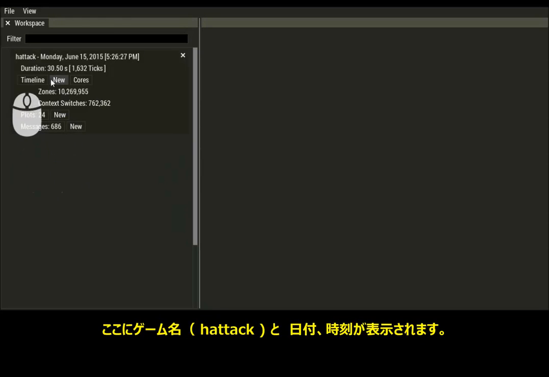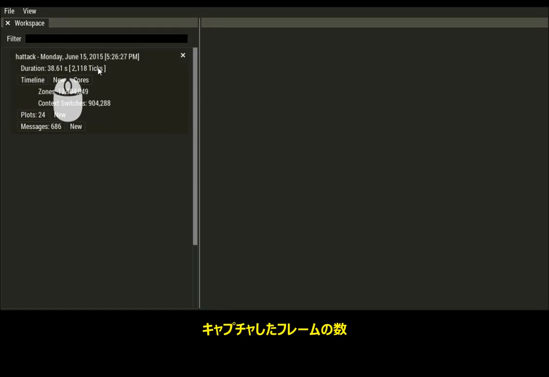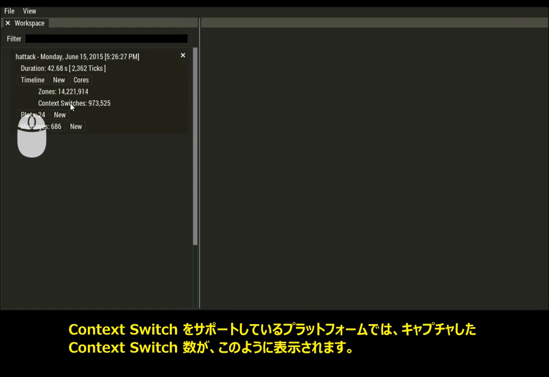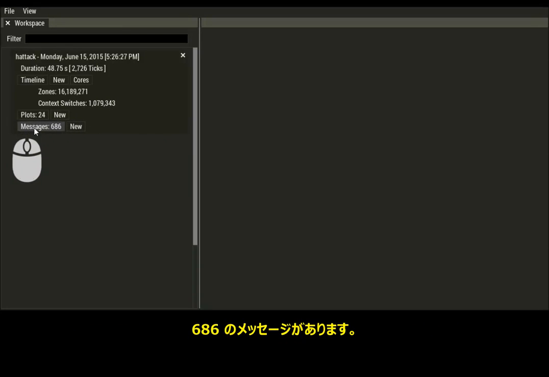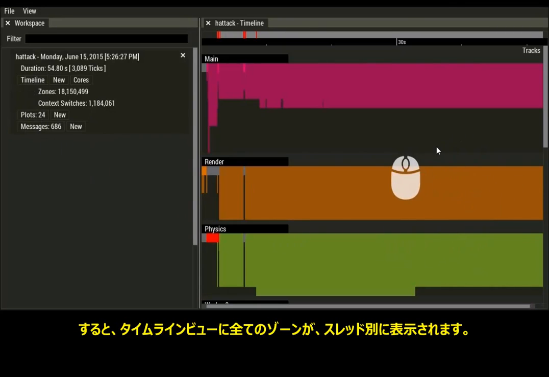Let's see. So we can see the name of the game, the date and the time. We can see the duration of the capture, which is still running, the number of frames that we've captured, how many zones we've captured. On a platform that supports context switches, we'll see that we've captured context switches here, 24 plots and 686 messages. If we want to see the live data, we click on timeline, and the timeline view